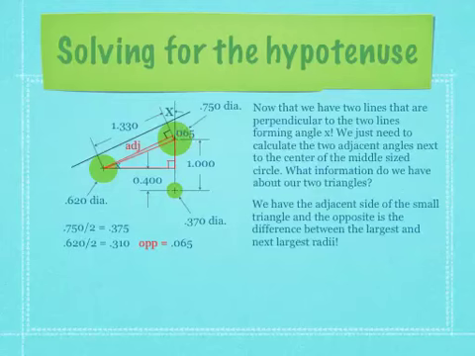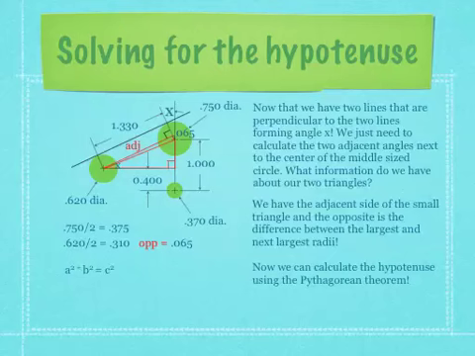The adjacent side is, of course, the distance between the centers of the two circles, 1 and 330 thousandths. Now we'll use the Pythagorean theorem to calculate the hypotenuse of this triangle, which we'll use then to calculate the other angle. So we know that a squared, the adjacent squared, plus b squared, the opposite squared, equals c squared. Putting in our values, we have 65 thousandths squared plus 1 and 330 thousandths squared is equal to the hypotenuse squared. When we convert those, we have